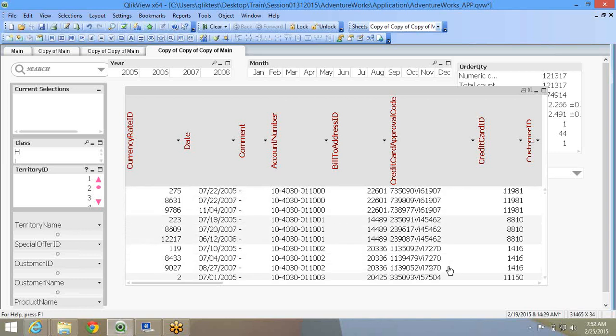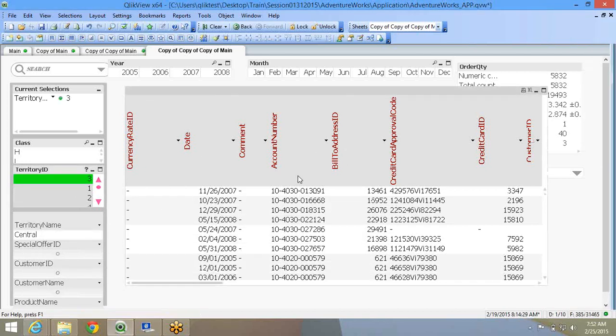So there is absolutely no method in a table box to control data, you can only display. The only method that you can control data over here is, suppose a user selects 3, so that you can minimize the data. Only when one territory ID is selected can you reduce data. So based on selection, the data will be presented in the table box. If there is no selection, there's no method within the table box to control data. There is no aggregation. There is no method to control the number of records that are displayed.